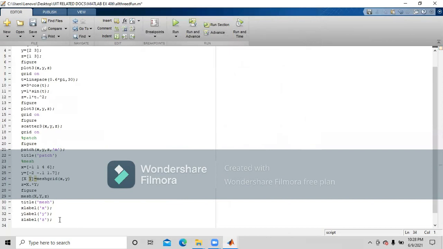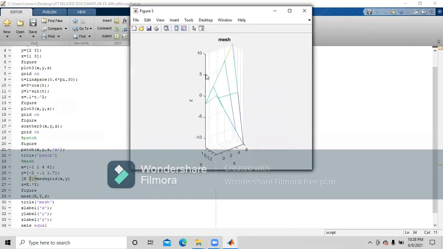And also if you are going to put this command, see now it will give you all the axes of the same size.